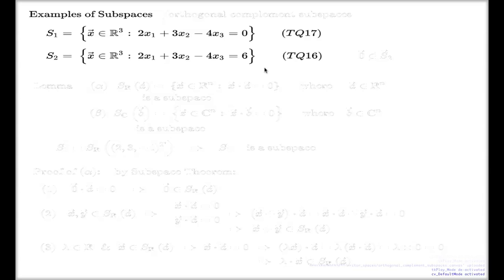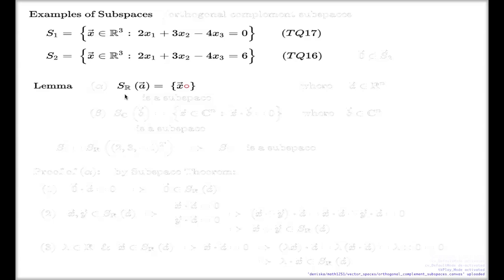So first we're going to address question 17. We're going to analyze the subset S1. You see, I'm not calling it a subspace yet because we haven't shown that yet. And I'm going to do it from the general perspective. I'm going to discuss the following lemma with you. Look at this. The lemma says this: if I consider a general set of the following structure,